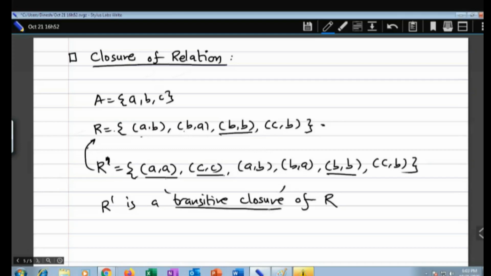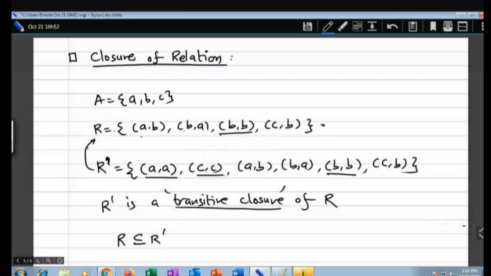Okay. So if you go with the definition it will confuse you. But this example will help you to understand what is a transitive closure. Okay. So now this R is not transitive. We will add this missing part of the transitivity in R dash and the whole R. Okay. So R is a subset of R dash. Are you getting me? R is a subset of R dash. And R dash will be transitive. Are you getting me? So this is called the transitive closure of relation R on set A.